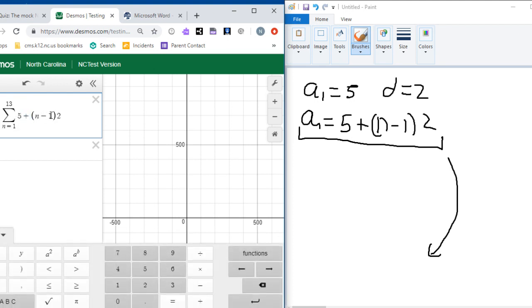N equals 1, 5. Oh, I need to do a times symbol. Two times n minus